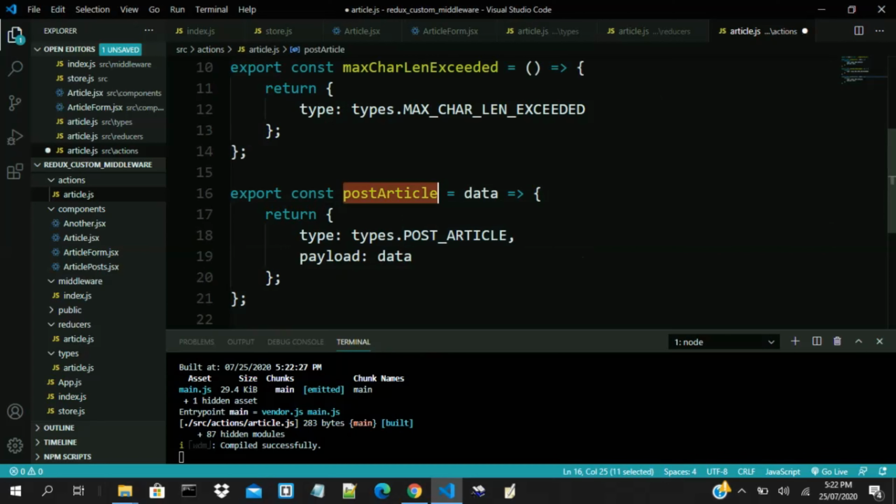So the name for this is going to be API, right? So it's going to be API posts data. And that is, okay, so this is going to be